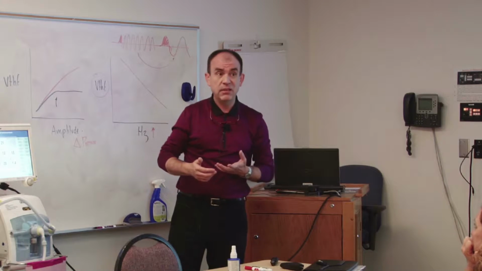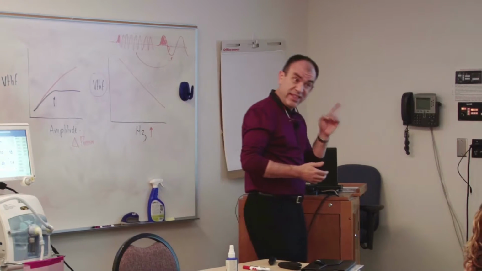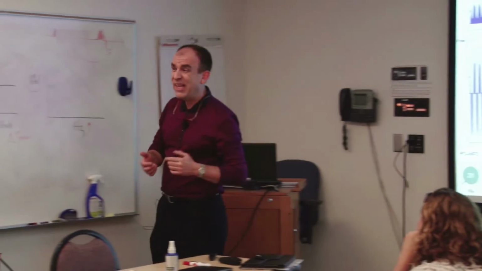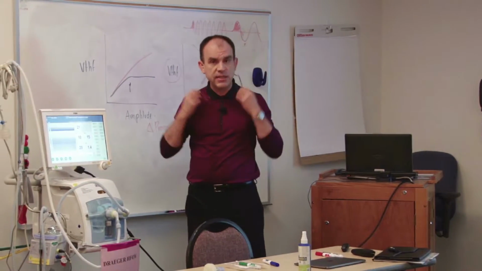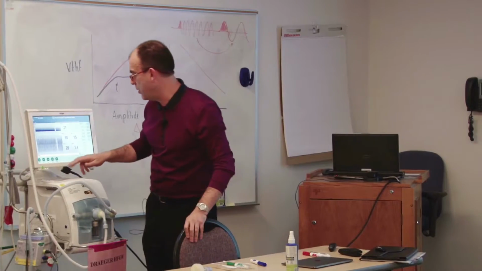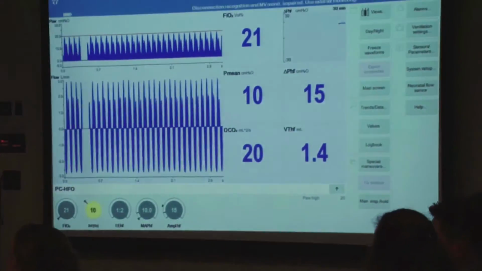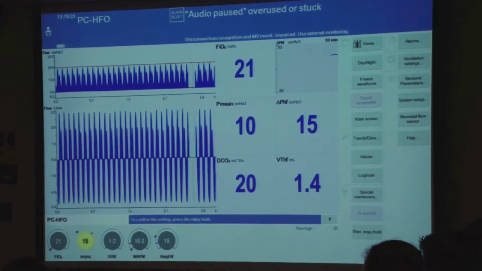Having said that, the problem is that this particular ventilator is not so efficient at higher frequencies. So let's dial it as if we were doing that with a Sensormedics and see what happens. Let's dial in 15